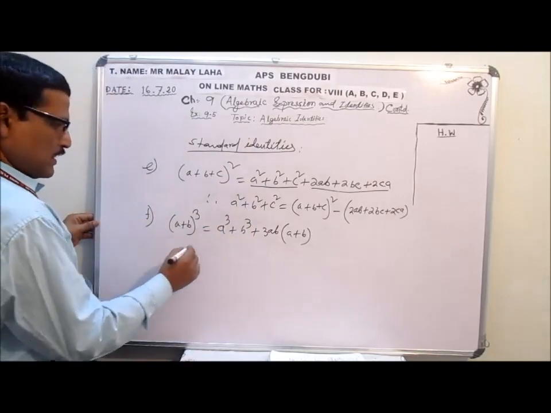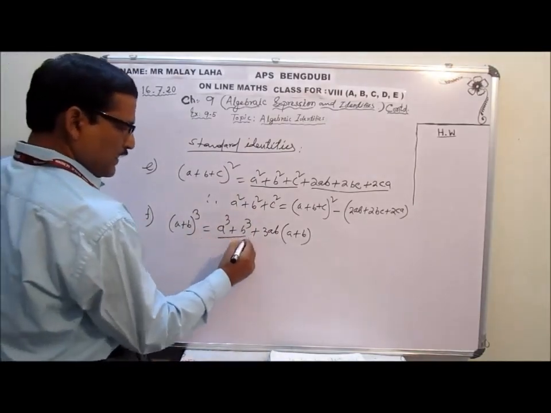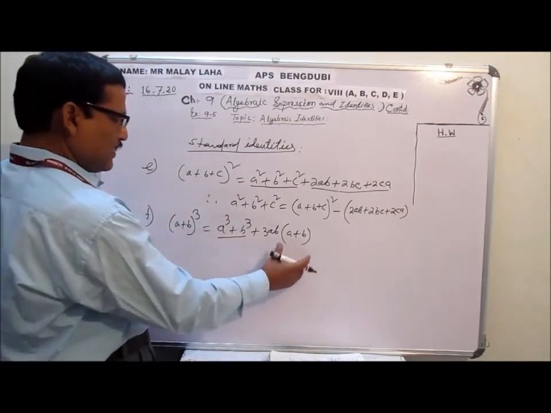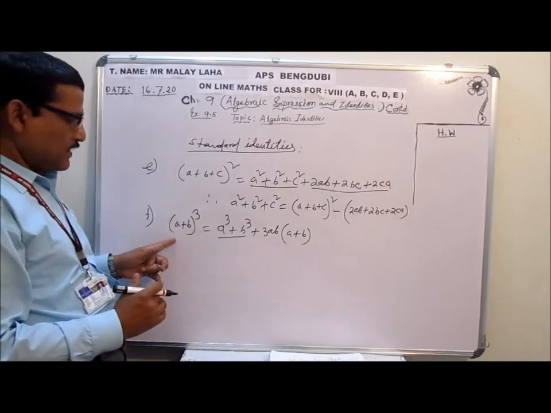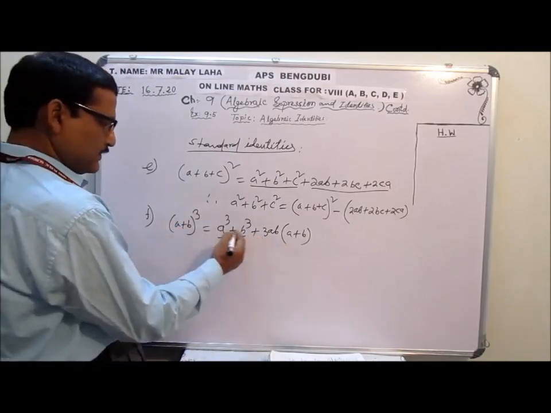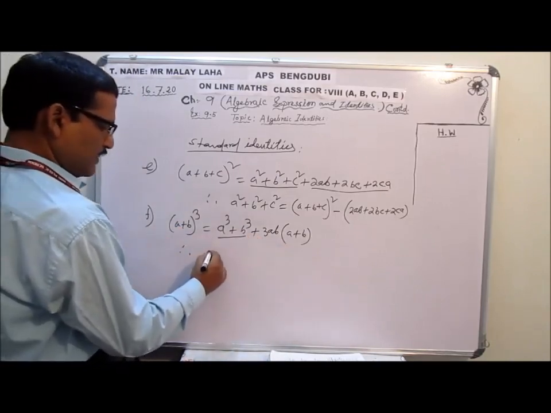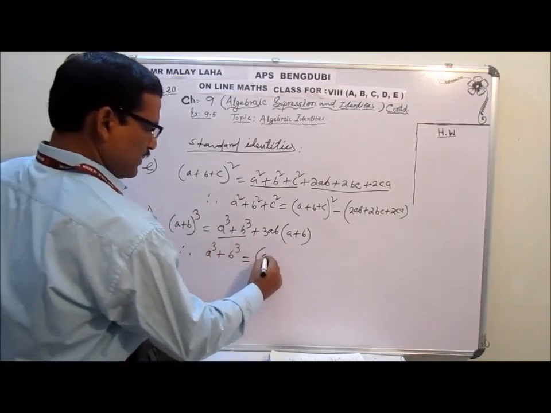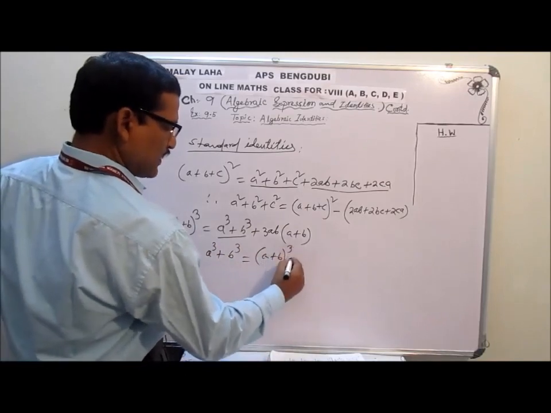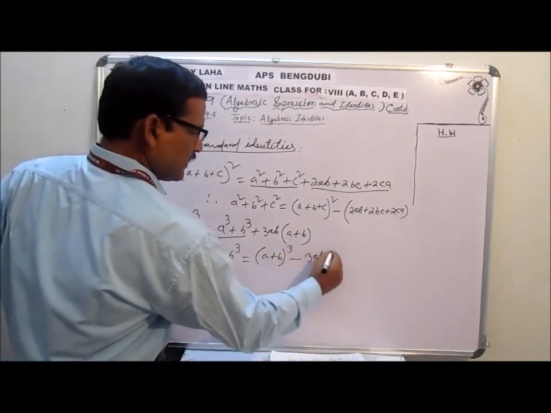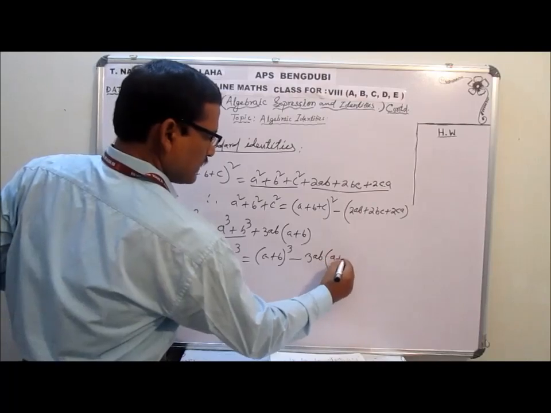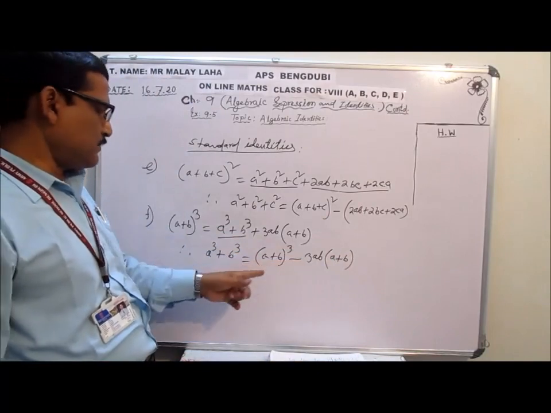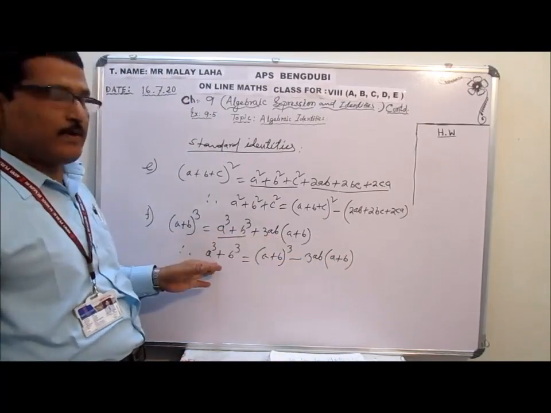Okay. Now from here, if we need to find the value of a cube plus b cube, then what will be plus 3ab? You have to shift it to the left-hand side of (a plus b) whole cube. So it was plus, it will be minus. Therefore, if I need to find the value of a cube and b cube, then it will be (a plus b) whole cube minus 3ab into (a plus b). Okay. So plus 3ab shifted becomes minus 3ab when you are shifting this side. a cube and b cube you need to find out.